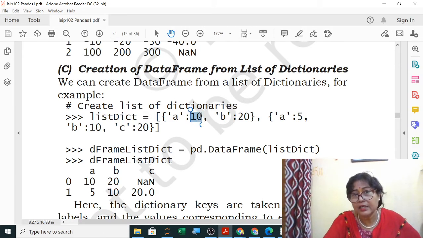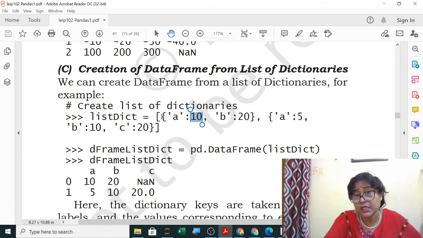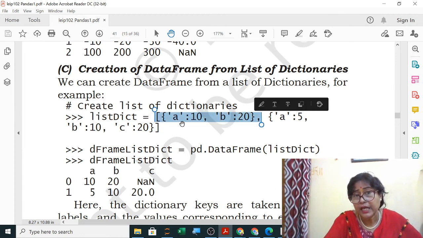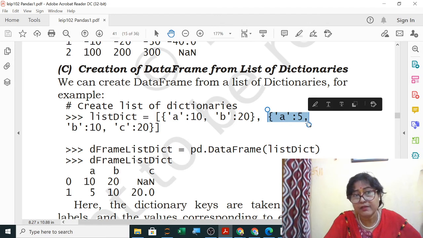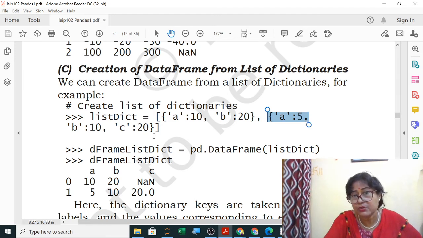If you give 1 value then it will give here 1 value only, whereas here multiple dictionaries they have used. Yes, now you can see here multiple dictionaries. One dictionary is this, A value was 10 and B value was 20, and the second dictionary A value is 5, B value is 10 and C value is 20.